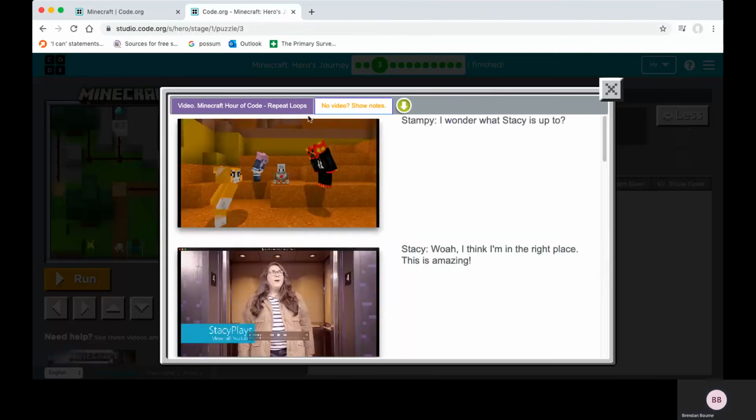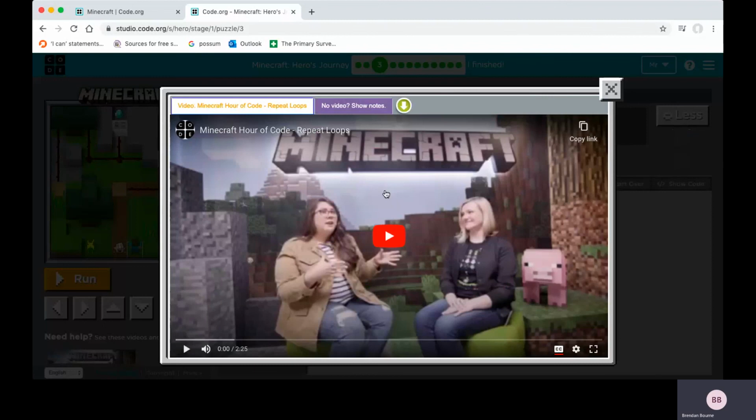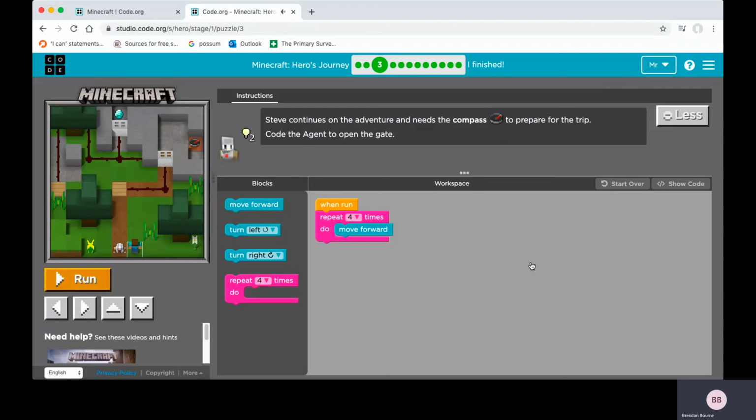So again, we'll get another video if we're moving on to a different task, or we're going to be looking at repeating loops this time. So we'll get another video explaining it. And then once we've clicked off it, we'll move on to our next task, which is here. And here are our instructions again. So very quick